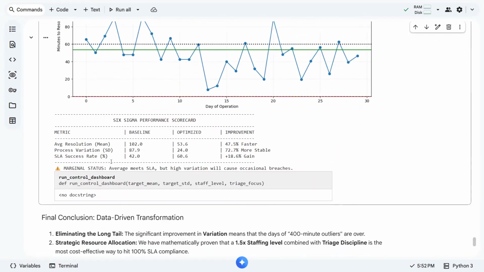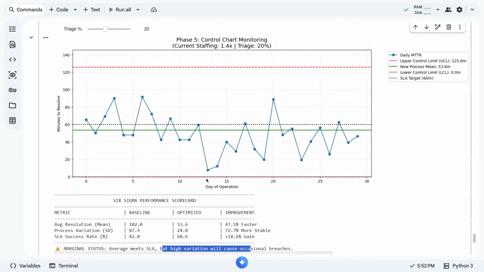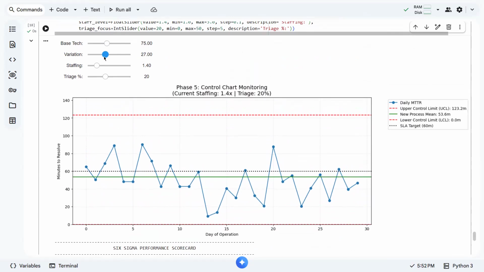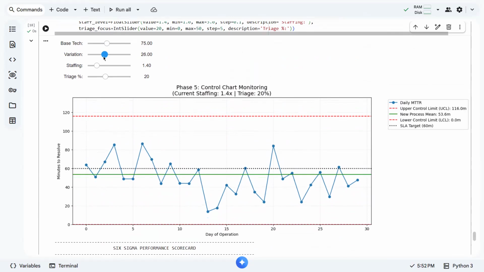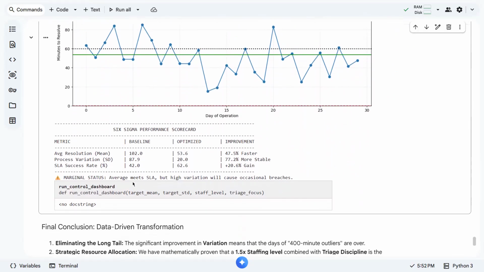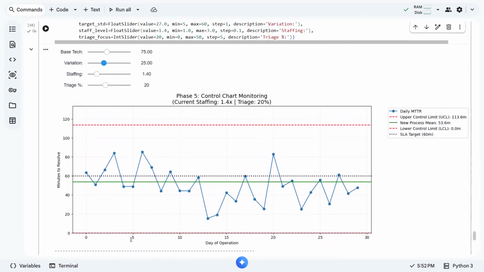As you can see, we still have high variation because this is still close to the limit. So it's still a warning. That means it's not enough. We have to improve it further, do something. So for example, we did something and it resulted in around 25 variation. Now here, still not enough.